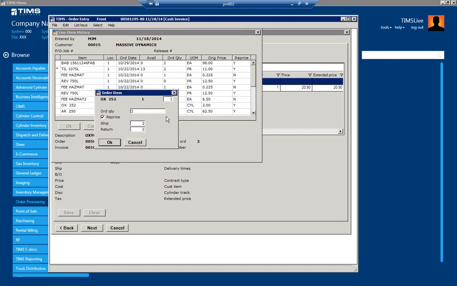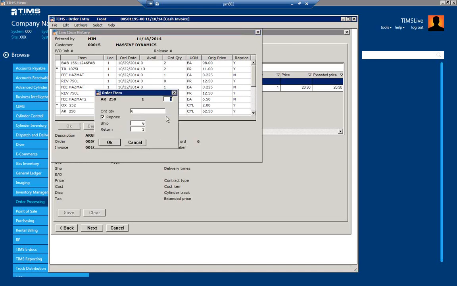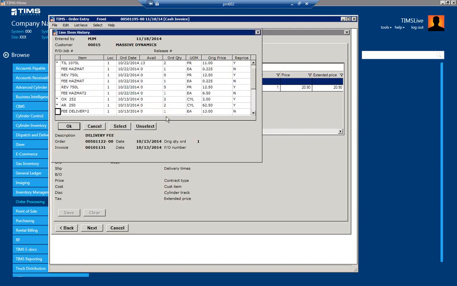Well, I don't know how many are coming back. I'll change that to 0. Enter. Enter. And how about an argon as well? Alt-S. Enter. Maybe they just want 2 today. Enter. Enter. 2. Enter. 0. Enter. Enter. Done. Now, if I've got everything I want here, I'm just going to simply click OK, or